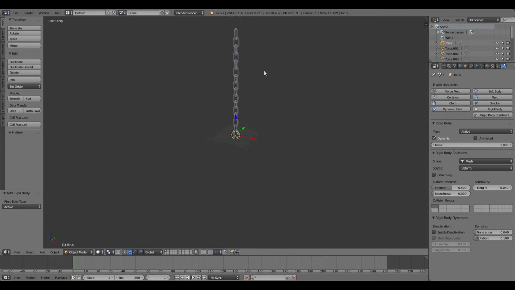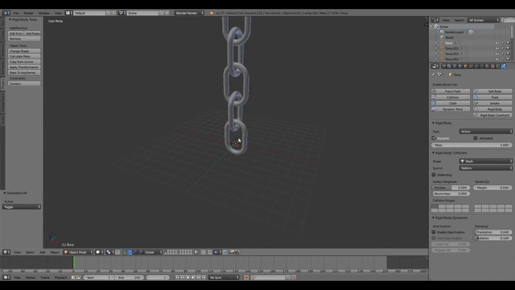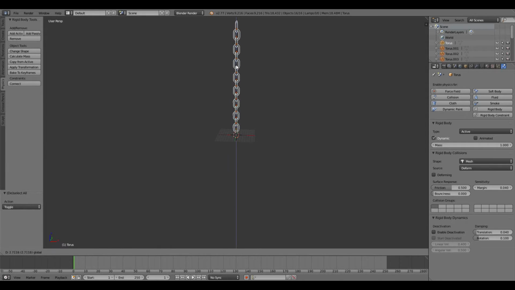Once you've done that, you're going to want to select all of the chain links, come down to physics, and click copy from active. What that does is, since the first chain link we set it to an active rigid body, we selected all of them and we did copy from active, so now they're all like the first chain. Now, if we select them all again and drag it up,